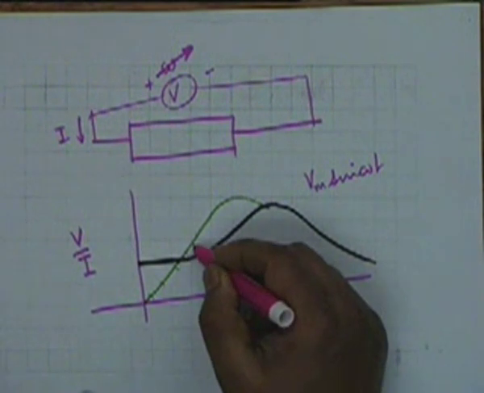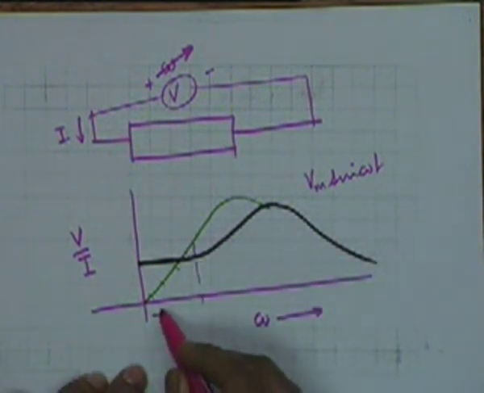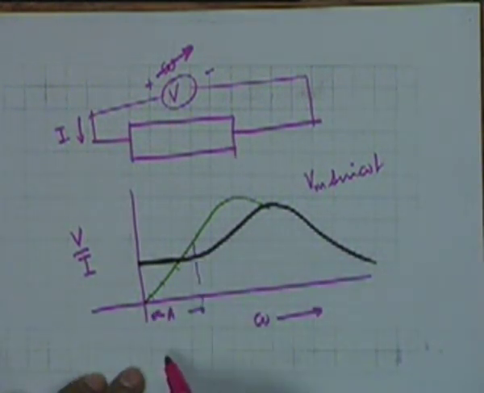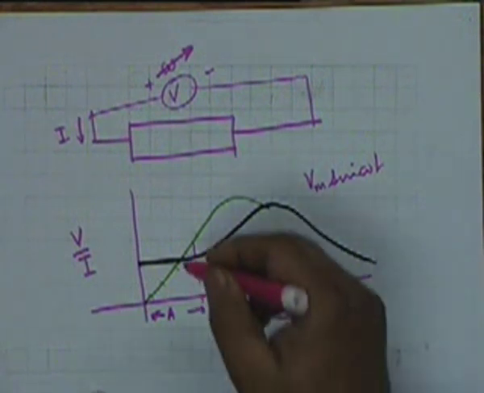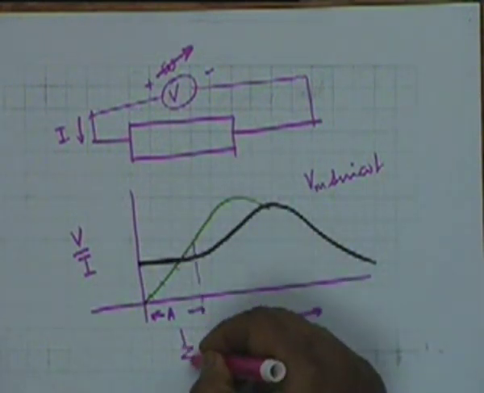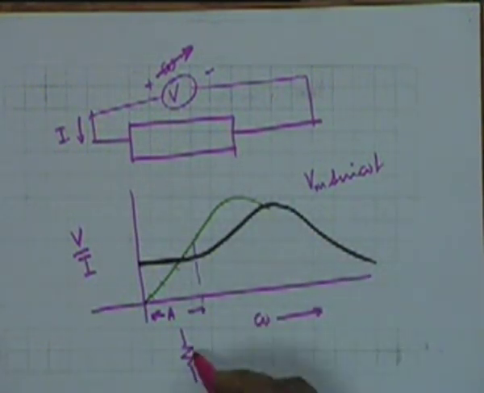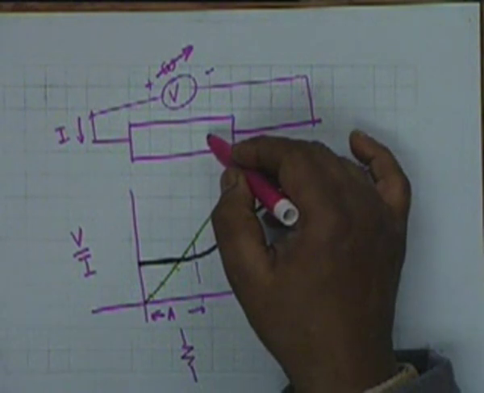And you can see that over this range, which we might call A, V by I is a constant, so it behaves as a pure resistance. Over this range A, it behaves as a pure resistance, and therefore this is a model for the physical resistance